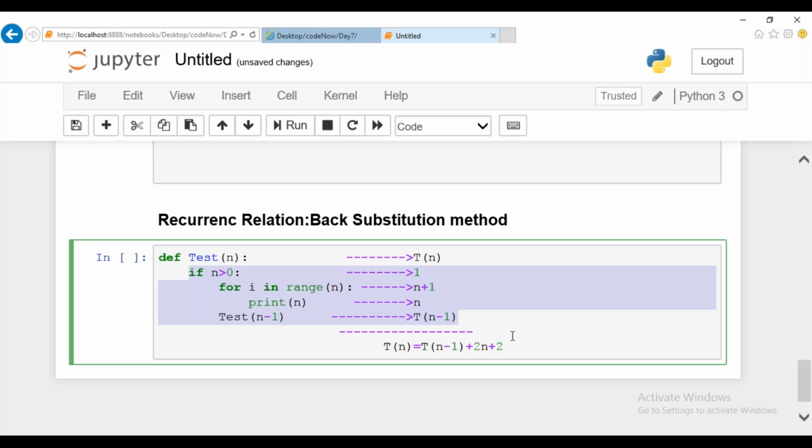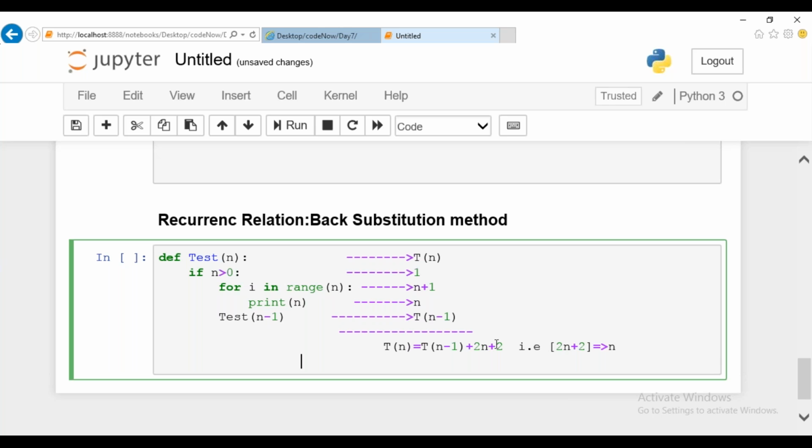Clear with it? Summation of all this value. Now, if you take this value as it is, it is very hard. If you take the expressions in this way, it will be very hard for me to calculate. It is not going to make big changes, because the order is already N. So instead of mentioning this, I can simply assume my value as N. It is not going to make big changes in your output.